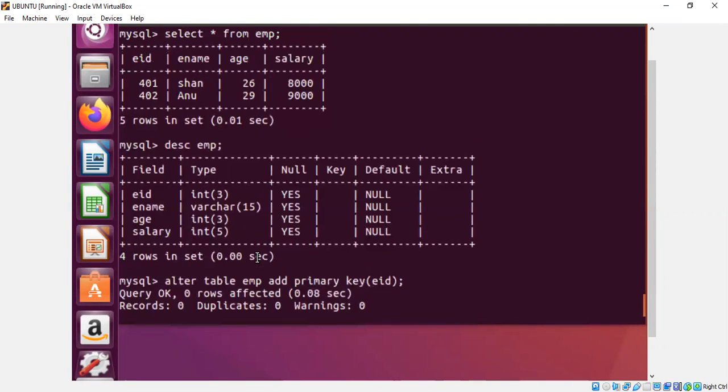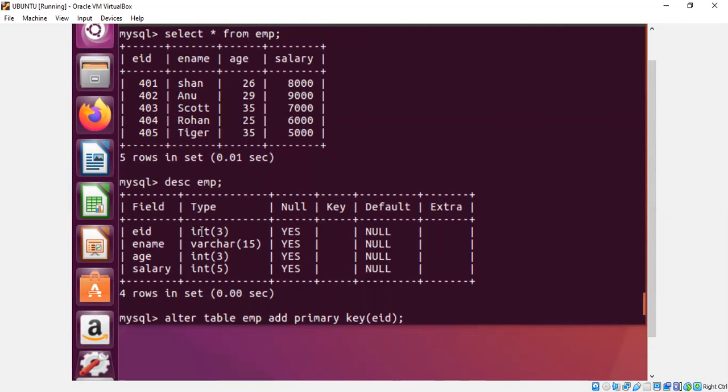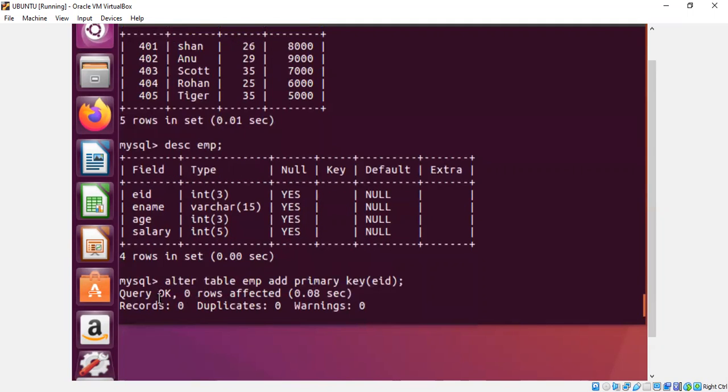I want to add a primary key. Suppose there is an already existing table and I want to declare one of the attributes as a primary key. Can I do it? Yes. So the command is alter table name, that is emp, then add primary key keyword, and inside brackets the attribute name which you want to declare